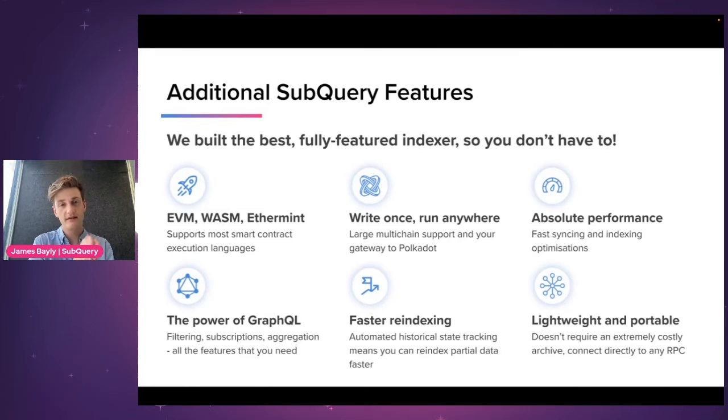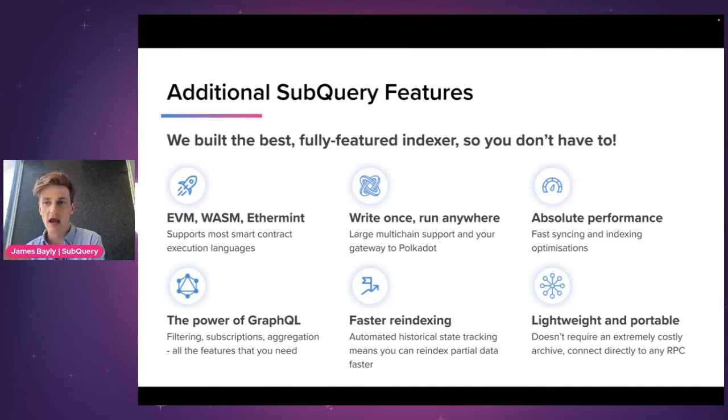Faster reindexing, this is a cool feature. In that data store, we keep track of the historical state of every entity. If you update an entity, we keep track that this entity had this state between these blocks. And what that allows you to ask the data set is, can you give me the state of this entire smart contract or this entire application at this block height? Who had what? Where was this owned? How much did this person own or whatever? You can ask those historic queries about that point in time.